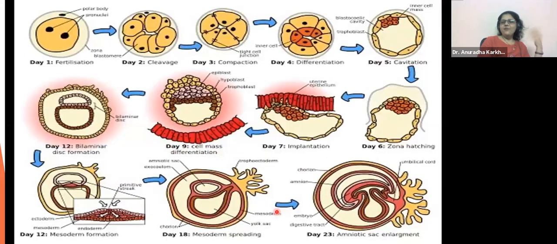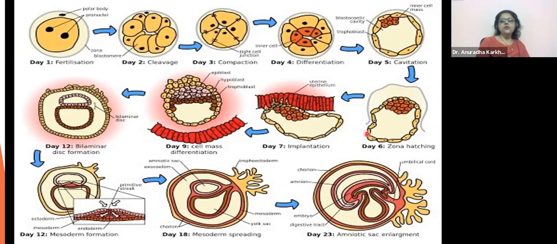Now this is the entire process collectively put together to make it simple for you all. This is the day of fertilization. Second polar body, pronuclei, they fuse together, cleavage will initiate, there's going to be compaction, all the cells will come together, there's differentiation. Inner mass of cells are dark brown, outer trophoblastic cells are light beige in color. Here you can see the inner mass of cells going towards one of the poles and the trophoblastic cells are becoming compressed.